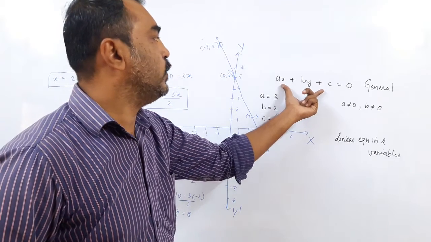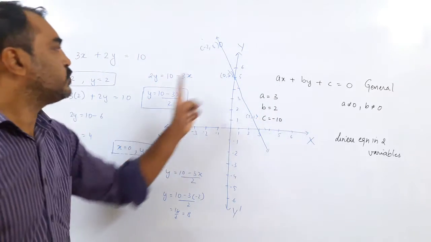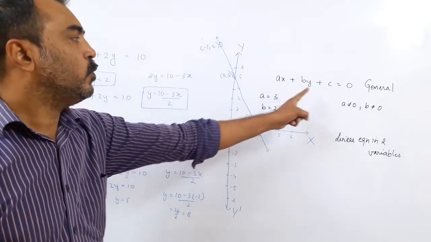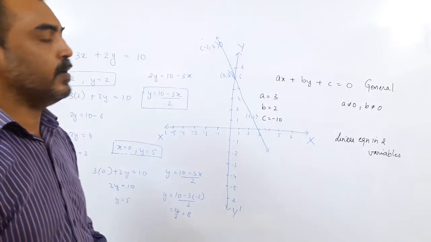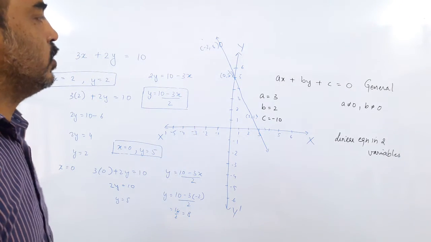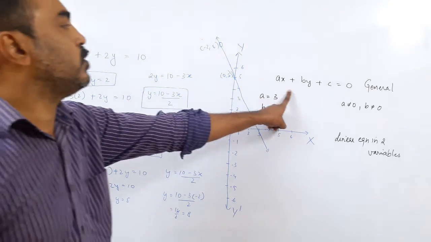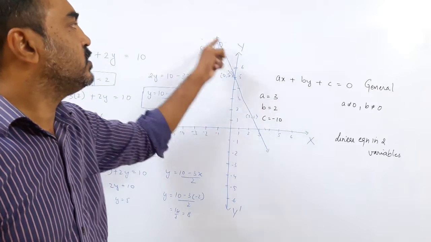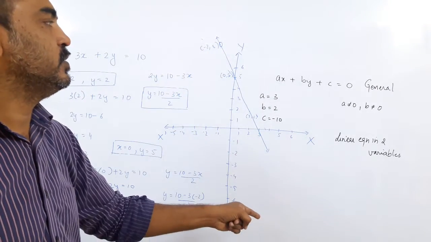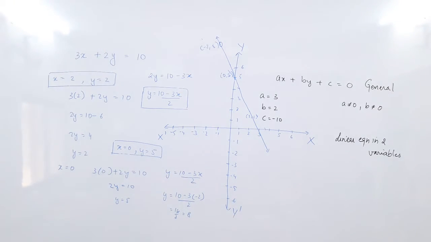Now when you write this equation, x is related to y. When you keep on changing the value of x, correspondingly the value of y will change. But when you draw the graph, you will get a straight line. In a straight line, there are infinite points. How many points are there? There are infinite points on a straight line. So this will give us no particular solution. Now when you are looking for a particular solution, one equation cannot give you any particular solution. Why? Because in one equation there are infinite points. So now let us look at some practical example where we need to have two equations.